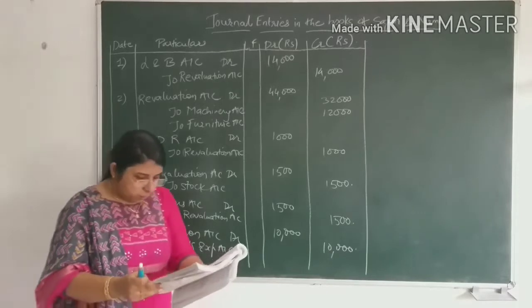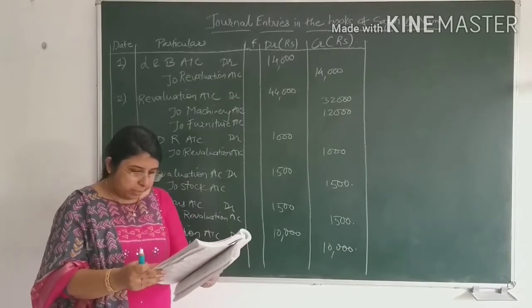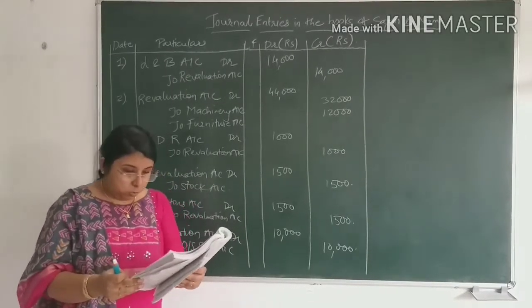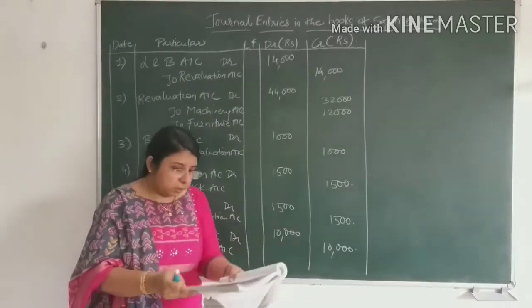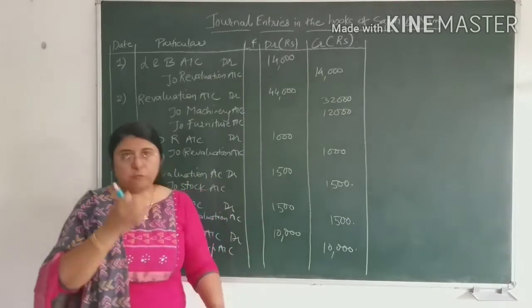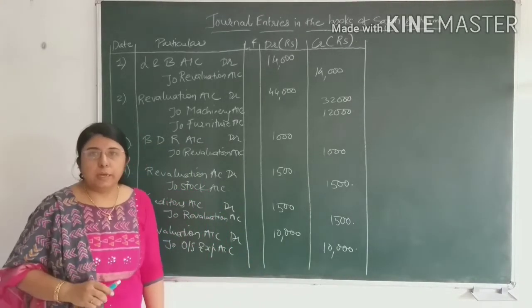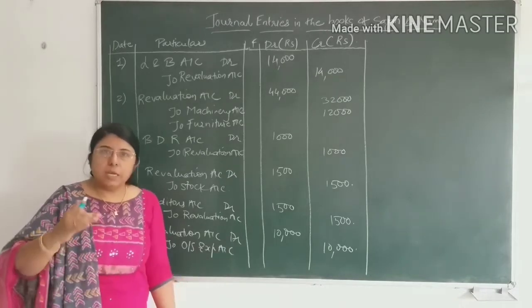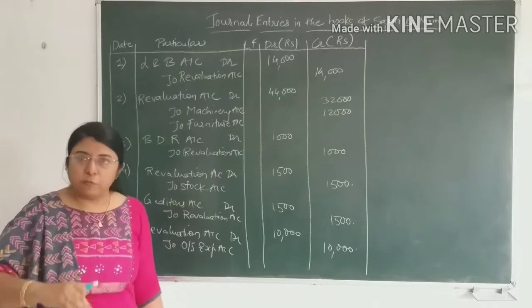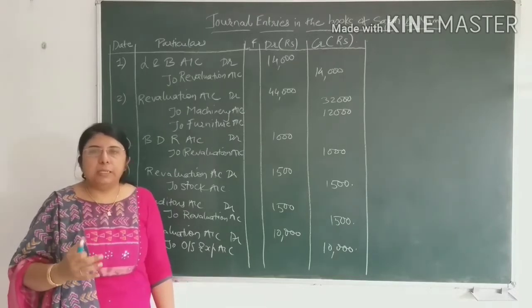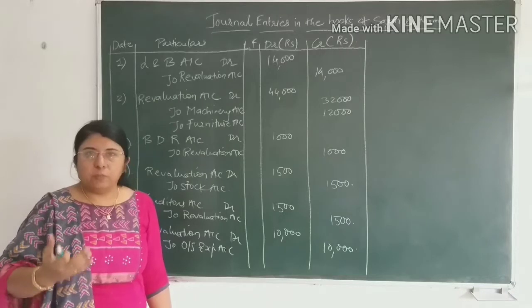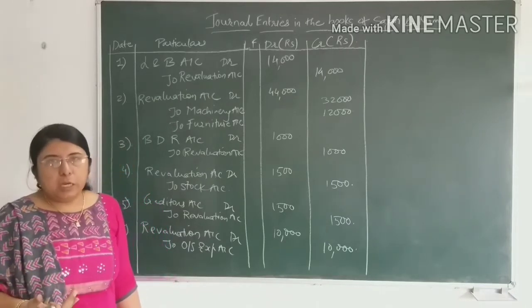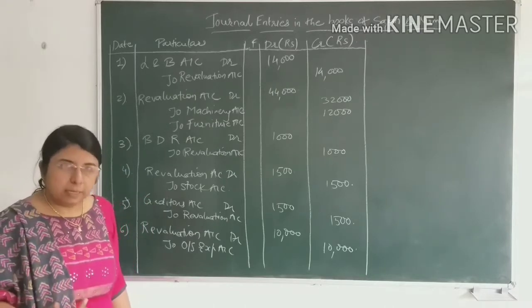Now the next adjustment, rupees 1500 out of creditors is now not to be paid, which is to be recorded in the books. What is the value of creditors? That is rupees 32,000. Now 1500 is not to be paid to the creditors. It means liability, previously we had to pay rupees 32,000. Now there is a decrease in liability by rupees 1500. Due to decrease in liability, profit will occur to the firm. The responsibility to pay has decreased, so the profit will occur to the firm. If profit occurs, then revaluation account will be credited.